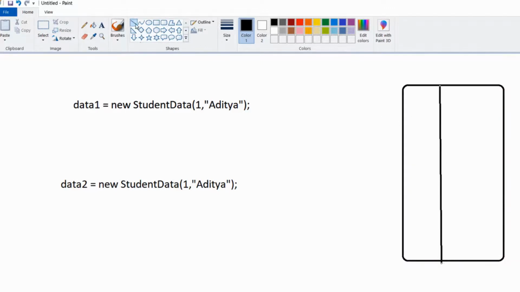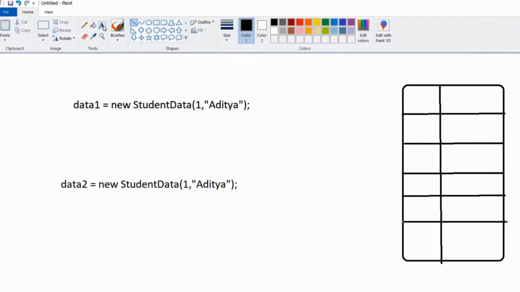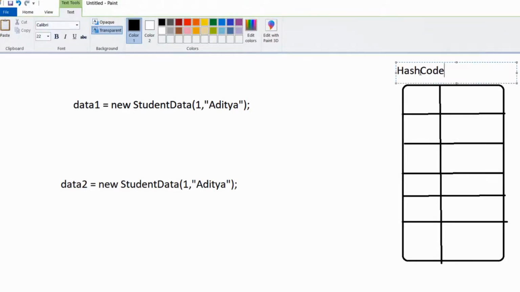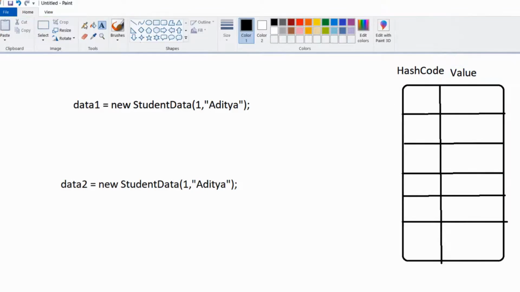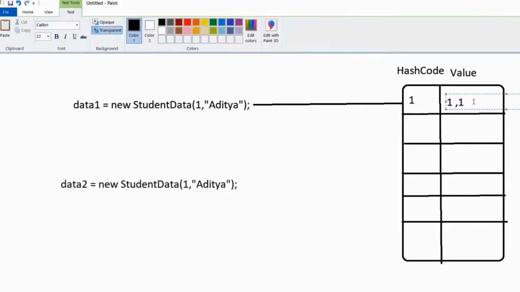For example, let's say in this scenario I assume that hash code as 1, and with the help of that hash code, that value is indicated there, 1 Aditya.